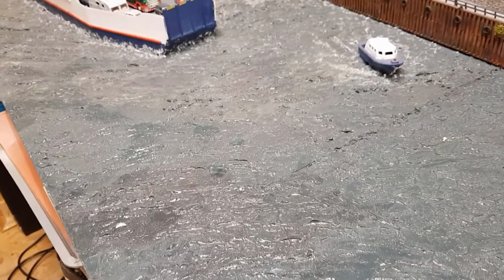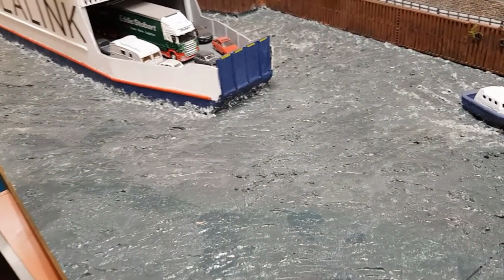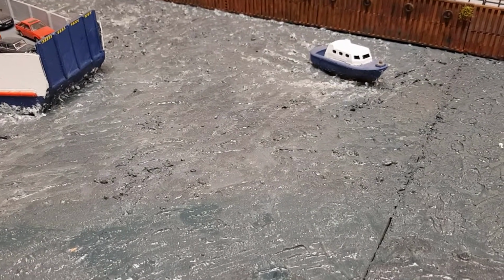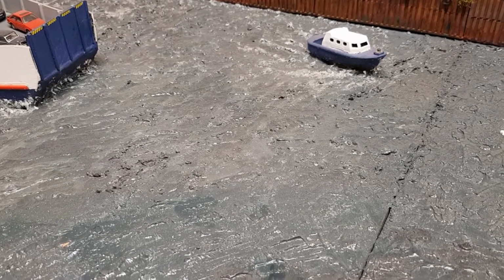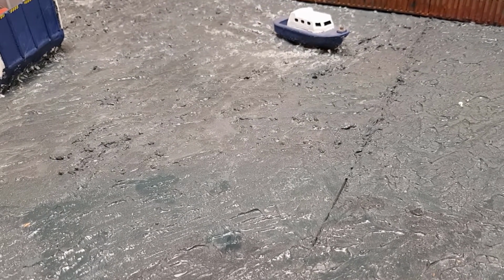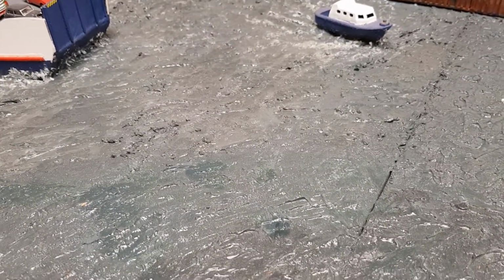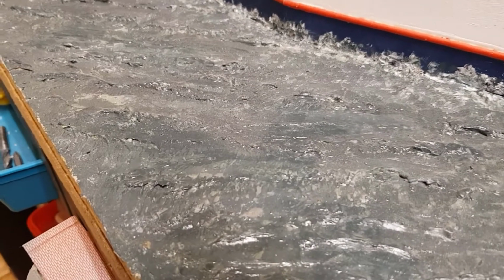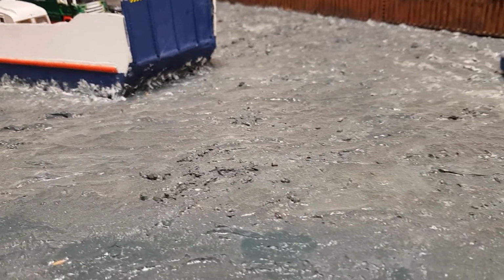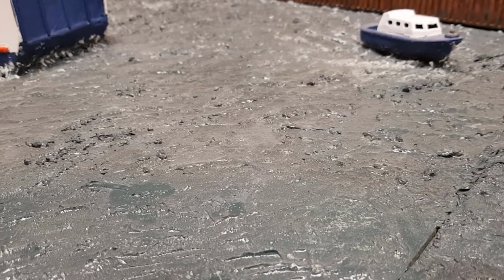Now the water, as you can see, I'm trying to get a bit of a good picture on it. I've watched lots of videos, everything from Markjbascombe, Sweden, doing toilet paper water, you know, and letting it dry with PVA, and then painting it. For me, the easiest thing was you got no more nails and you got the cheaper version, hard as nails. So yeah, hard as nails, you get 3 tubes for £6. And it's quite easy to manipulate. I'm just trying to get, you know, a good shot so you can see. So yeah, manipulate it with a brush. I got one of those sponges on the end of a stick, and yeah, manipulate it,